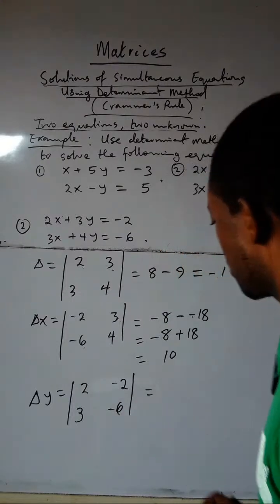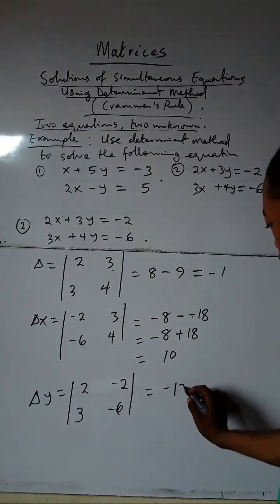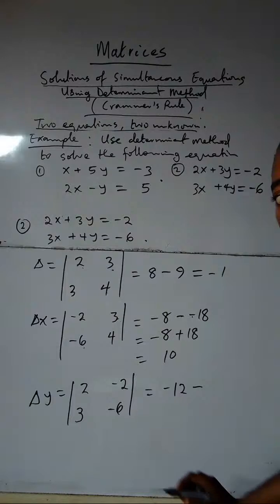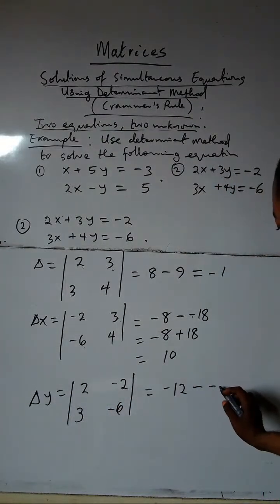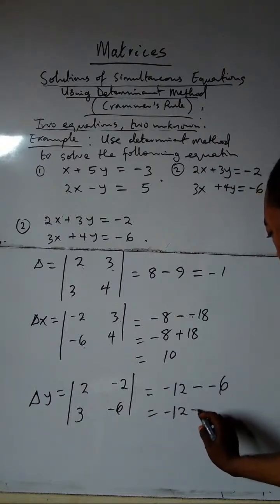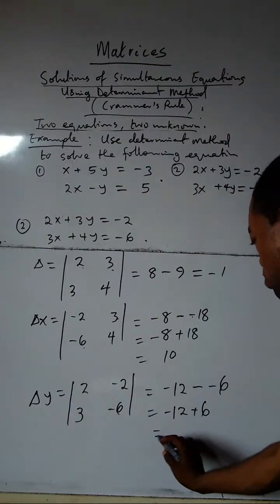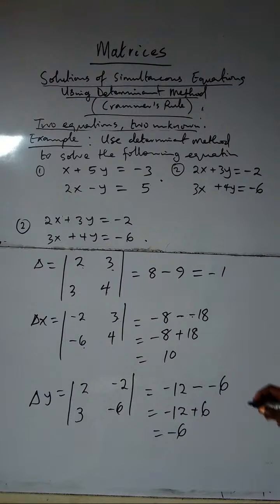And this becomes, here, 2 times minus 6, we have minus 12, then minus, here we have minus 2 times 3, that's minus 6, which implies we have minus 12 plus 6 now, which is minus 6. Now, to get x and y, easy,